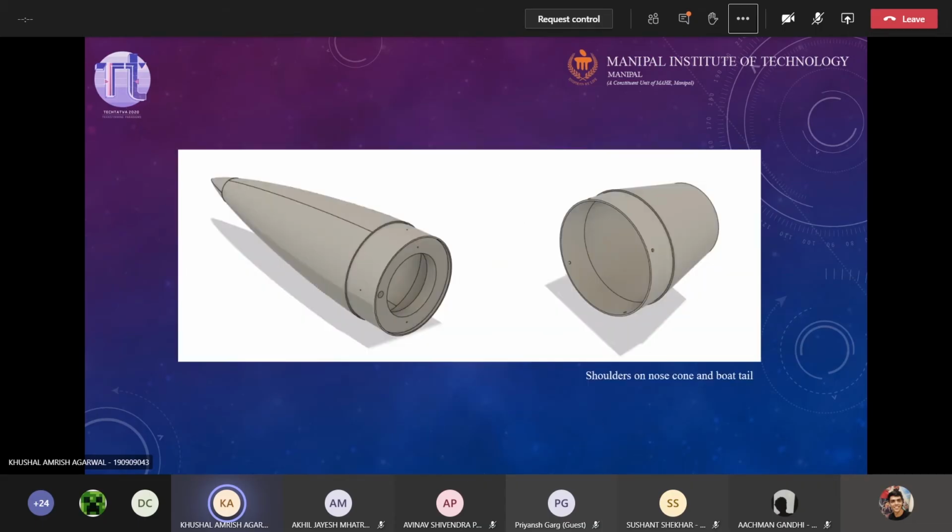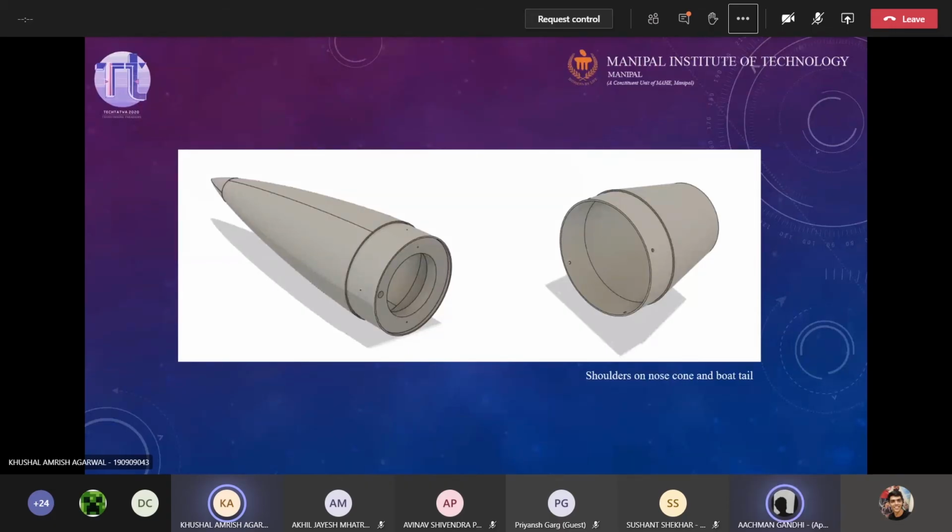So yeah, the last thing that remains to be attached is the fins of the rocket. Any ideas on how we can attach the fins to the rocket? Guys, anyone can answer. This is a bit easier than the other attachments. Chat says internal bolts. Internal bolts is right. And what else?